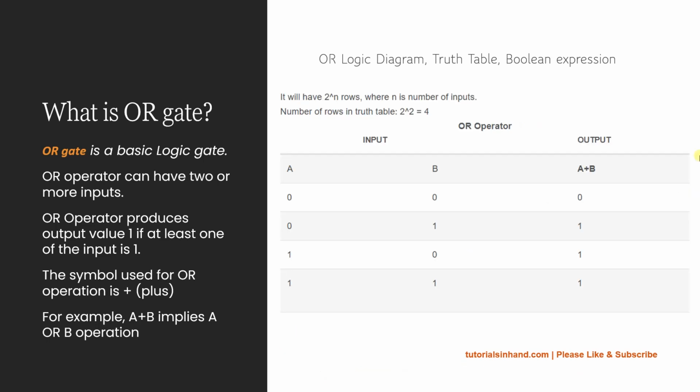Now this is the truth table for the OR gate, and as we have already explained, the number of rows that we will have for the truth table depends on the number of inputs for which we are going to lay out this truth table. So here we are going to lay out the truth table for just two inputs, represented as A and B. So we have the formula 2 to the power n rows, where n represents the number of inputs, so 2 to the power 2 becomes 4, and that is why we will have 4 rows at this place.